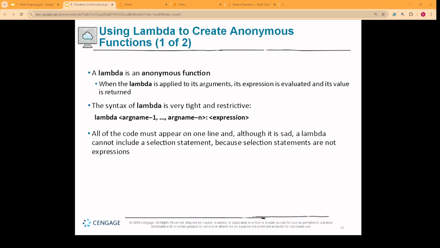Last few slides, I think. All right, so using lambda to create an anonymous function. Again, this is one of those things that you don't really need at this moment. But the great thing about a lambda is that it creates anonymous functions. When you say anonymous functions, it means there's no